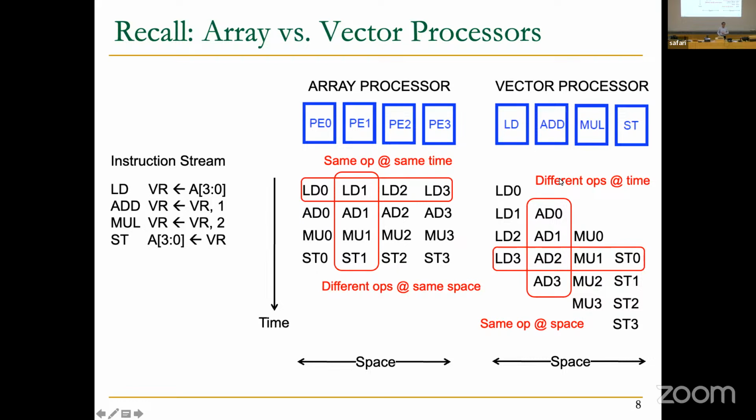A vector processor is more frugal, meaning the processing element can be simple, as we discussed. You can have different processing elements specialized, load unit, add unit, multiply unit, store unit, for example. Each unit doesn't have to do everything, and that's why it's easier to build. But here, you cannot execute the same operation on multiple processing elements at the same time, you have to pipeline it over time. If you look at space, you basically execute one operation in the same space, but different operations in the same time. That's how you exploit the parallelism. And in real processors, we combine both of them. And we said that SIMD is very powerful because it enables a single instruction to specify huge amounts of work,